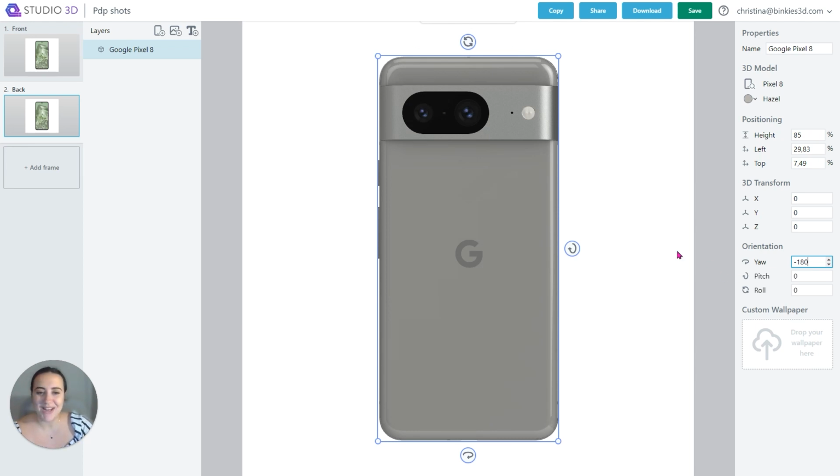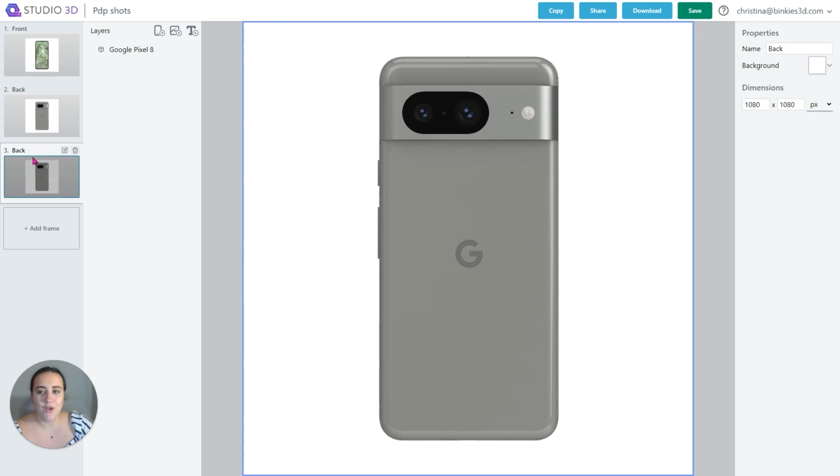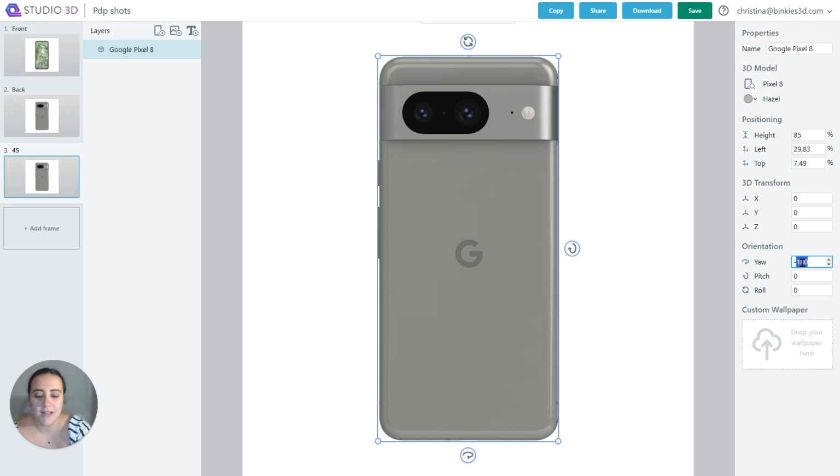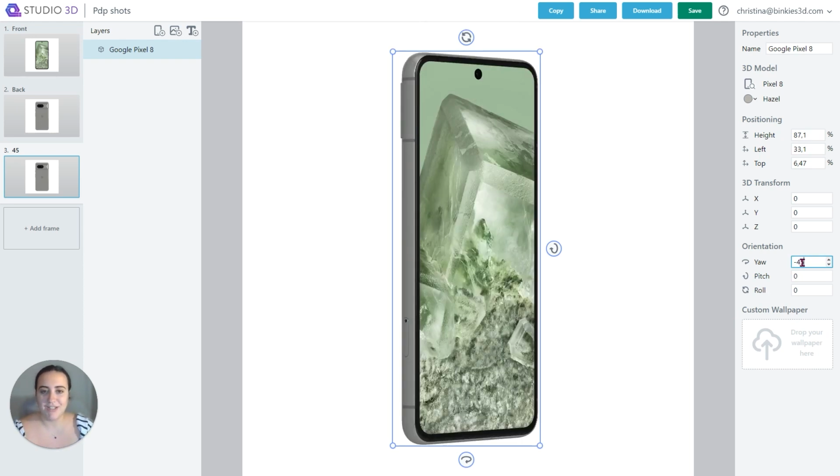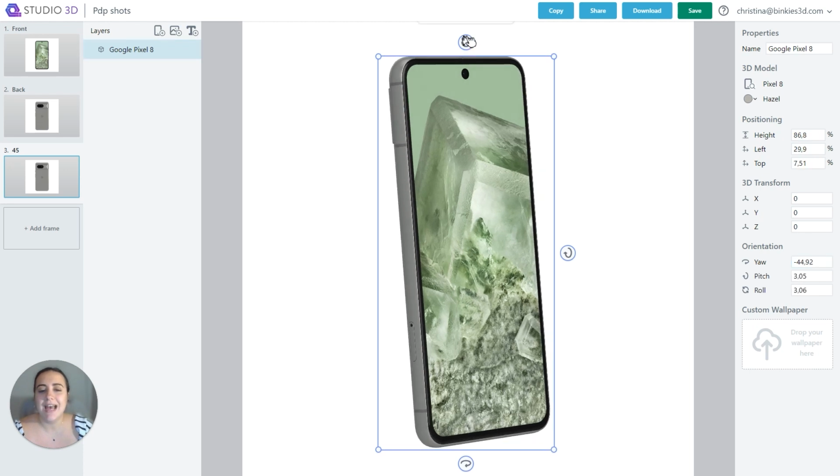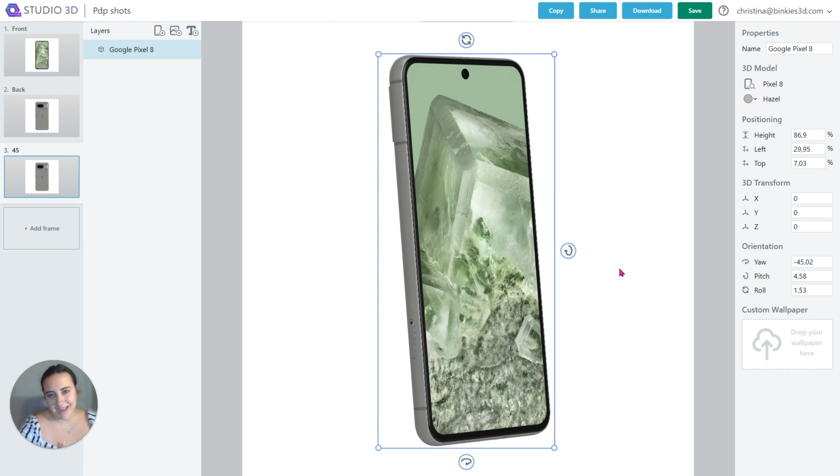And now my second shot is already done. I'm going to go ahead and opt for a 45-degree angle of the phone on one side. Let's go for 45 degrees, just like that. And I'm going to give it a little Studio pizzazz, just a little something extra to set my gallery apart